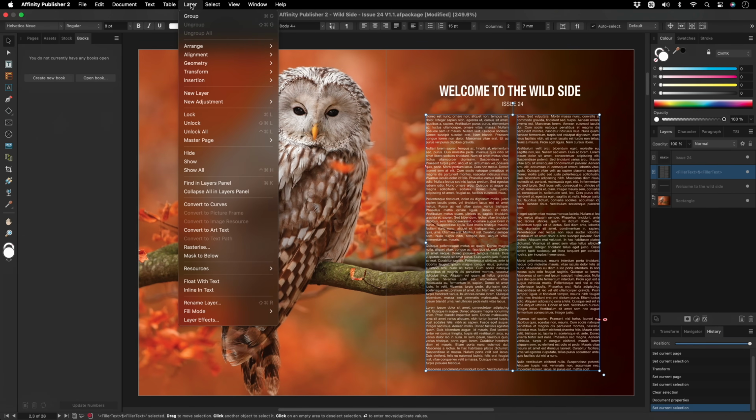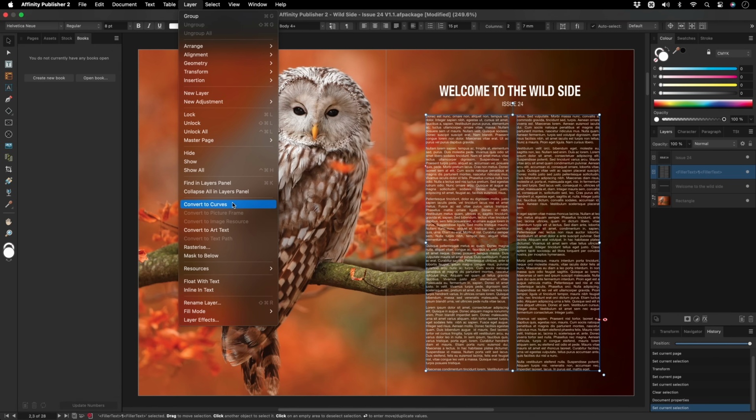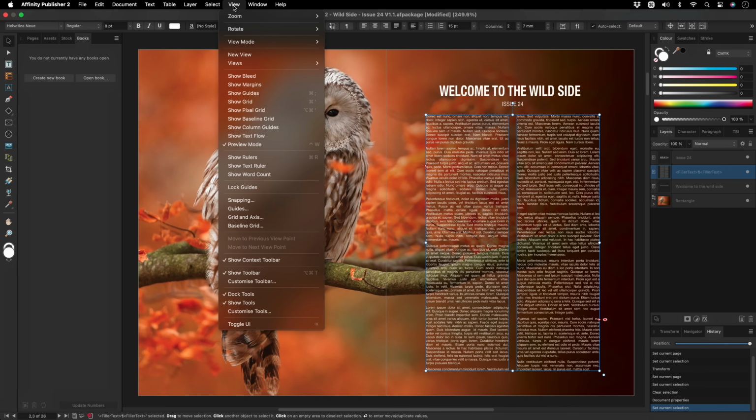The Layers menu contains options such as adjustment layers, providing you with a method of editing images directly in Publisher. It also contains options to convert objects, allowing you to convert shapes and objects to picture frames, curves, and text frames. The View menu provides us with a range of options to show or hide bleed, margins, guides, and grids,